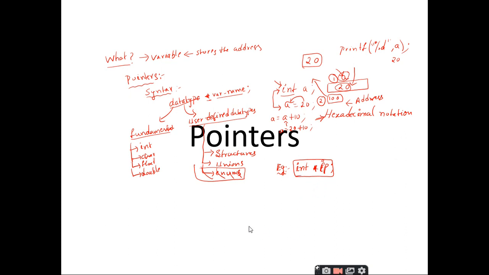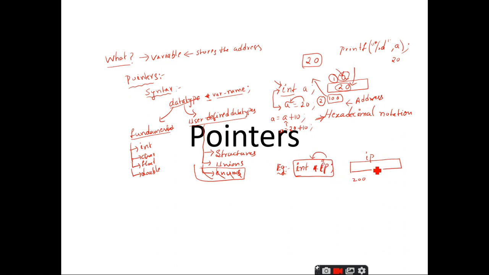Yes, sir. Right. So this ip is a variable name of type integer pointer. This is a declaration statement. So memory will be allocated for this pointer also. Assume that the memory allocated is at the base address, around 200. What is the name I can give for this 4 bytes of location? Now tell me, what is the size of this pointer? 4 bytes, right?